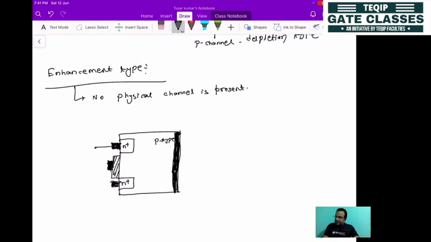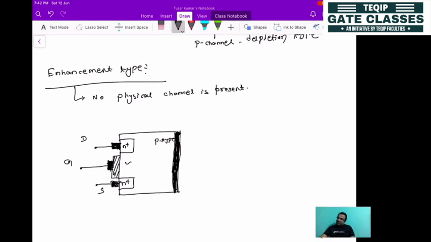So this terminal is known as drain, okay, this terminal is known as source, and this terminal is known as gate. If you see this figure and compare it to the previous one, that is the depletion type MOSFET, there is no physical channel present here. It is completely vacant. So how will we handle this kind of device? This is the structure of